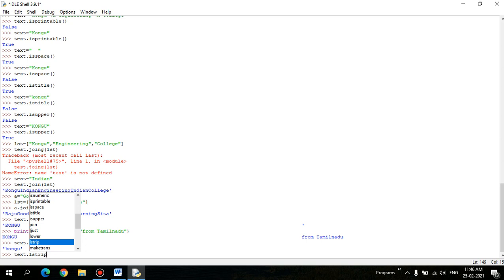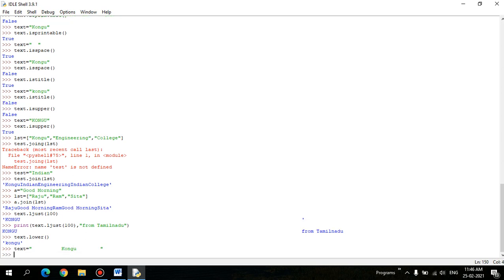I'm going to have lstrip. So lstrip is another function, right? Let's take, I have a string with the value Kongu and with some more spaces.